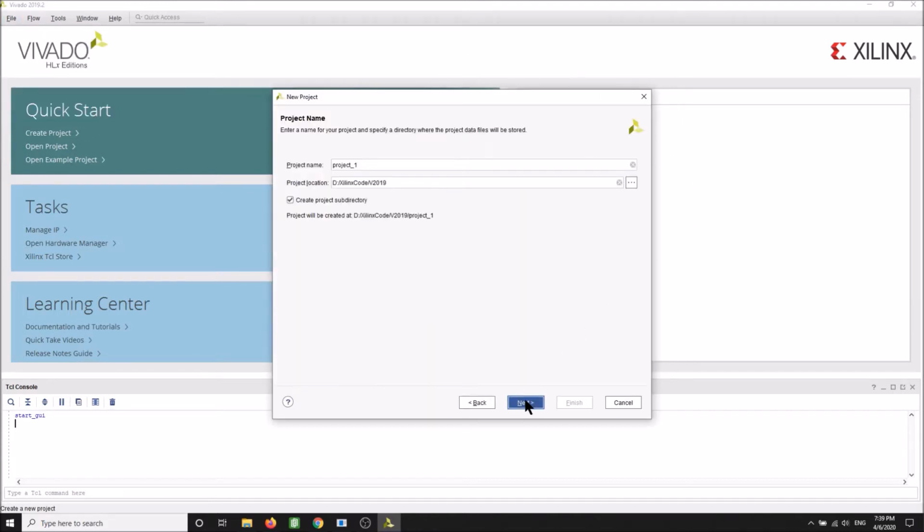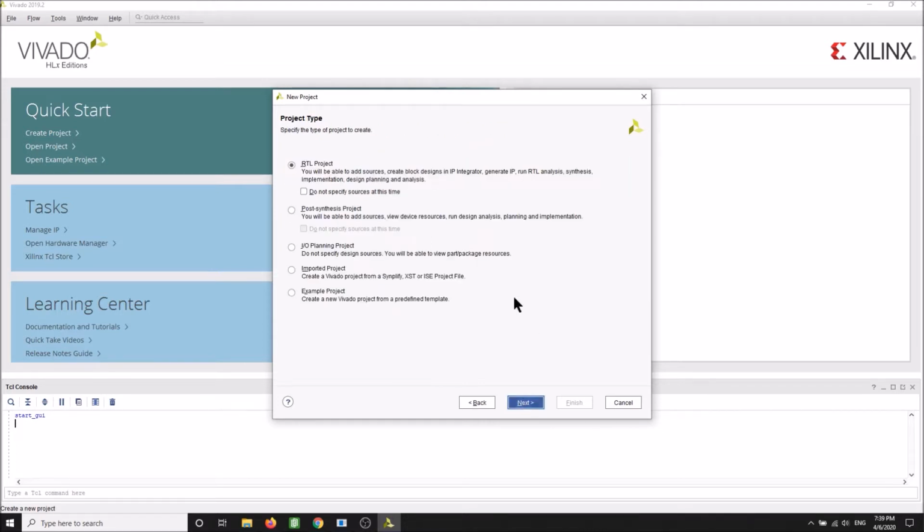Okay, next. So we'll call it CmodA7 base 4. Next,